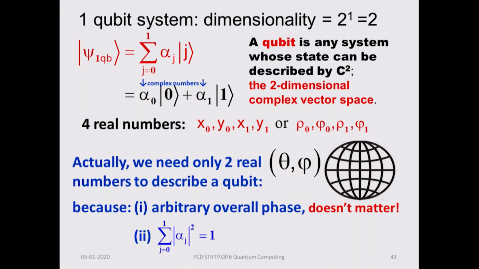Now, we are not worried about r because the overall normalization takes care of the absolute magnitude of the radius of the sphere, which can be set to unity, right. So, that the sum of the modulus squares goes to 1, and then you can represent a qubit by a point on the surface of the sphere, because you need only 2 real numbers, and these numbers can be the theta and phi, and you remember how these numbers are defined in spherical polar